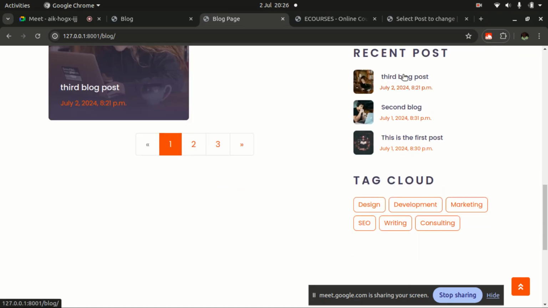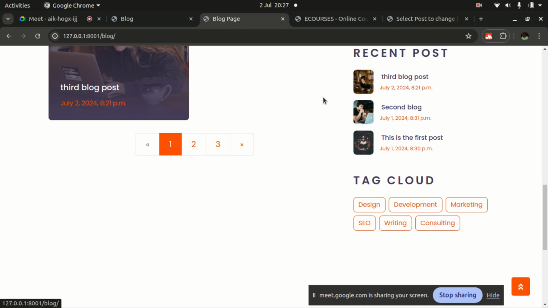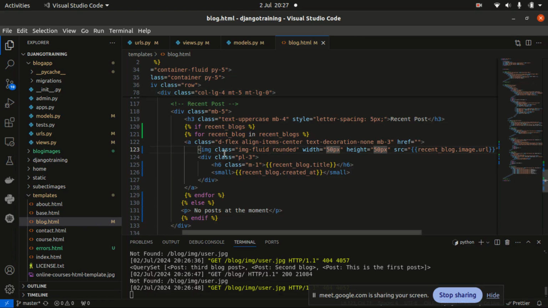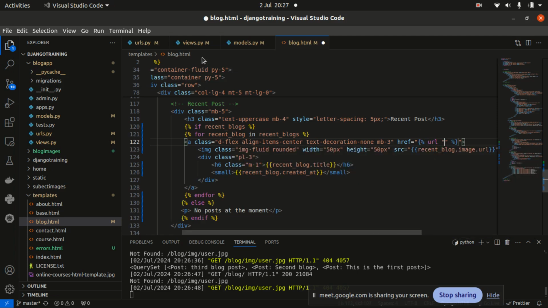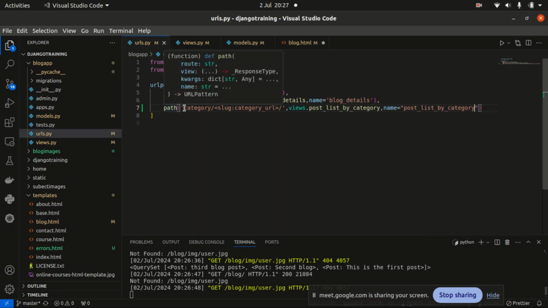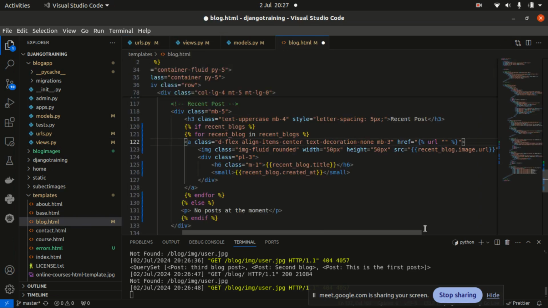So the next thing, we want to be able to click on this and be taken to more information about the single blog post. So all we need to do is identify, actually everything is an a tag here, so should you click on the image, the title or the date, it should take you to that page, because everything has been enclosed within a tags. All right, so in here we need to pass in the URL. We need to pay close attention to this. This is the URL that we want to use, blog details, because it's the one that is giving us more information about a single blog post. So we are going to use blog details,